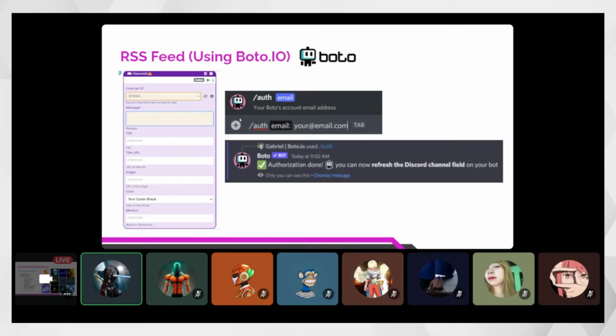Once this appeared, it means that in this drop-down list in the Boto website for the setup and configuration, you can already see the channel that you've enrolled. So how do you enroll again? Just type this command in the channel where you want the RSS feed to appear. For example, in Token Mind, we have RSS feed in the NFT News and Crypto News channels. I use this command in the Crypto News channel, for example. So I just type it there, and then in the drop-down, it already appears.